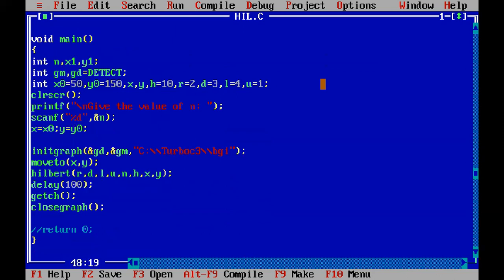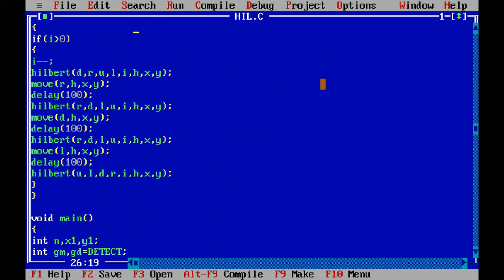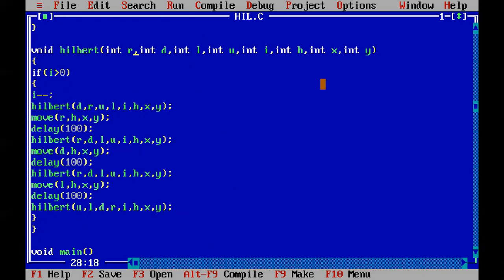No need to define I's value again. Each time I is decremented by some value, and Hilbert is called again. This is recursion: the function calling itself. This program is very simple because it recalls this function every time.